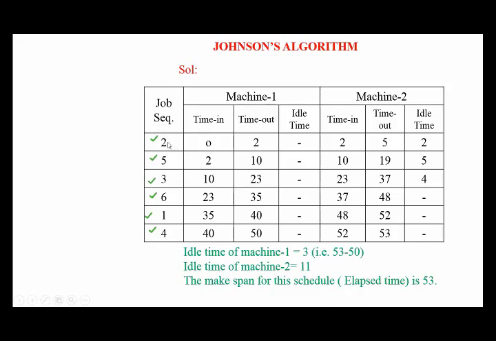First we have to perform the second job, then the fifth job, then the third job, then the sixth, then 1, then 4. This is the job order, and we are going to take the machine order. So in our problem they didn't mention any order, that is the reason we are going to take alphabetical order, that is machine 1 and machine 2.